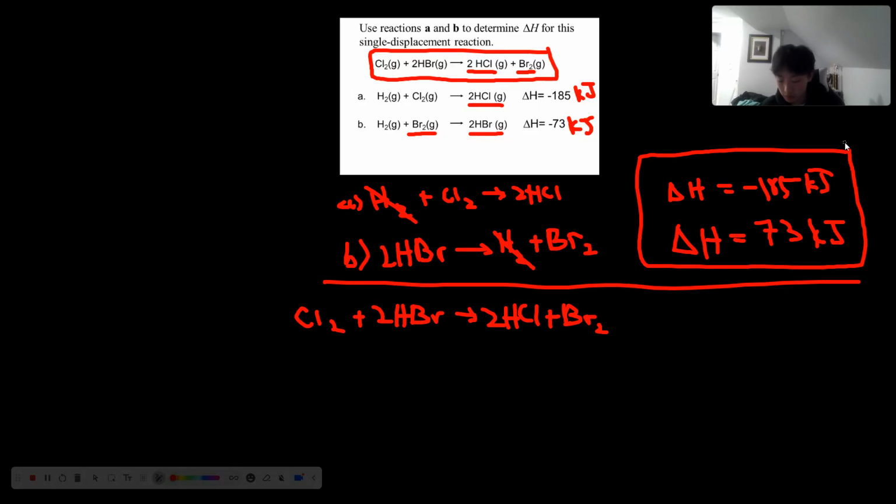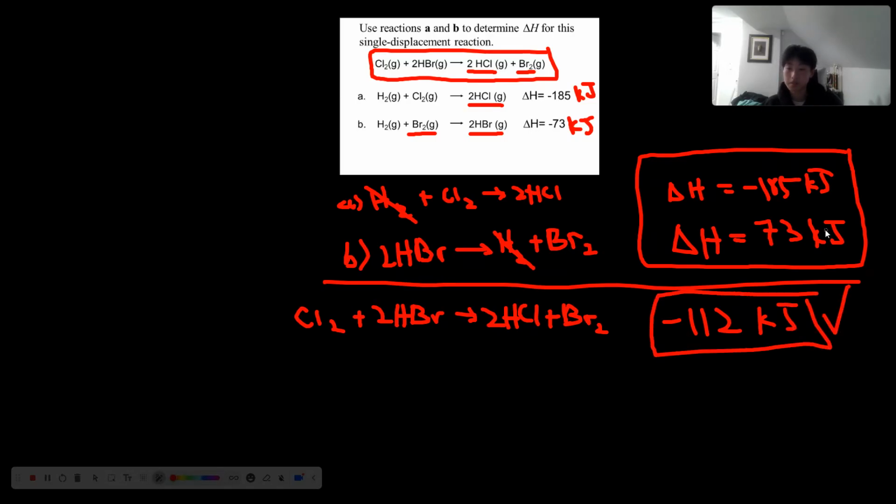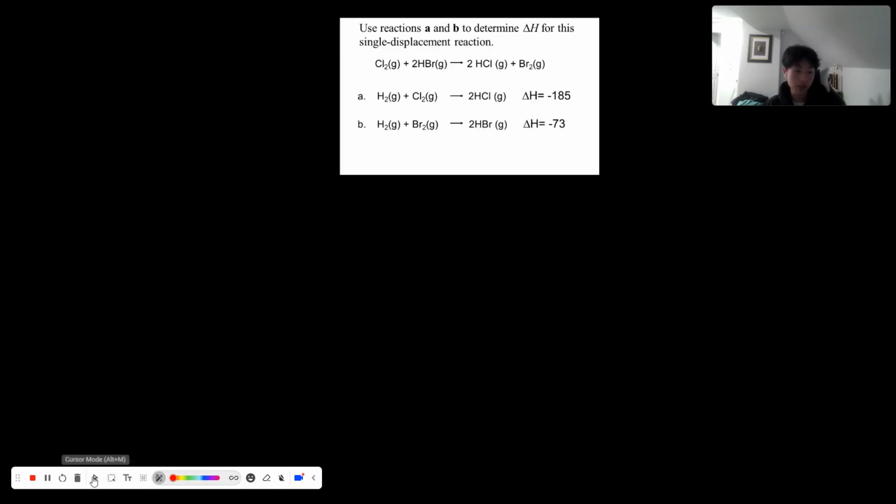So if I just do a simple calculation here, our final answer will actually be negative 112 kilojoules. That is our final answer. Okay, now that we have done a simple Hess's law reaction, allow us to go into something a little more